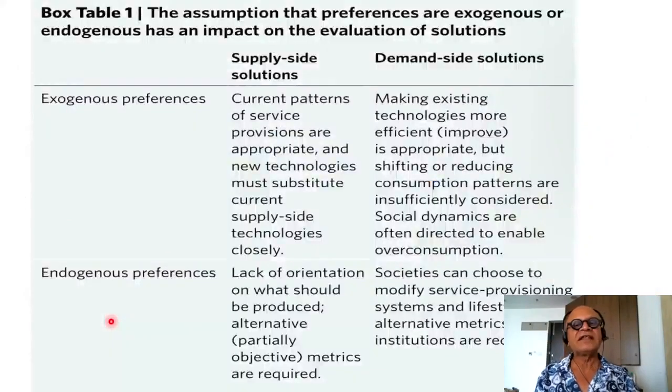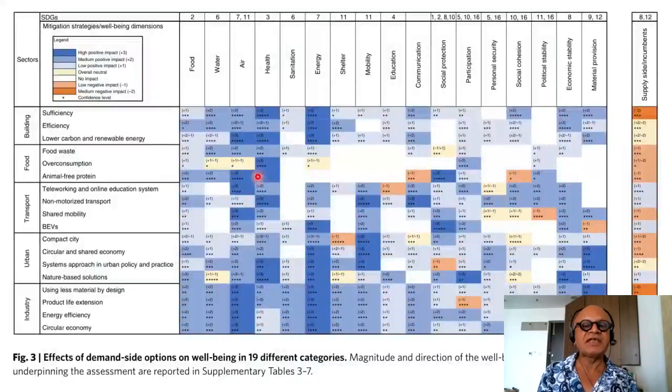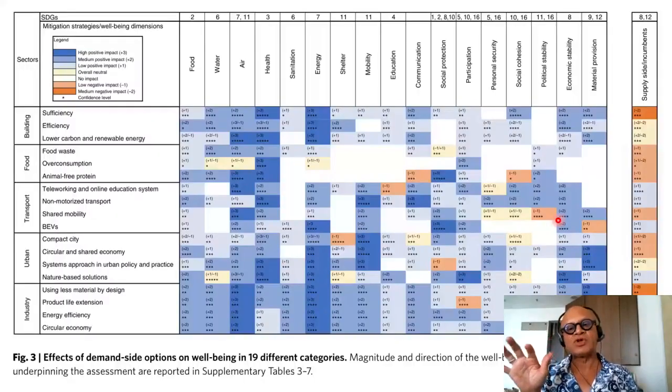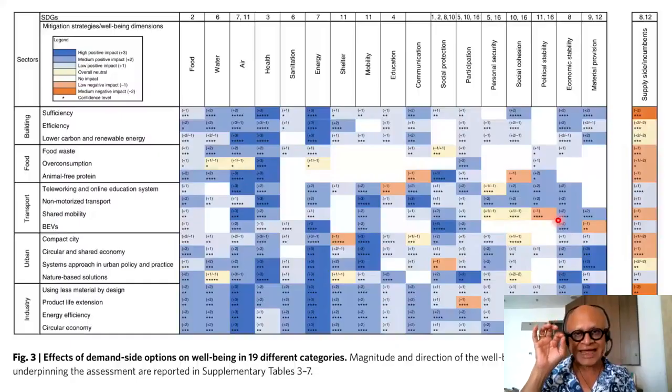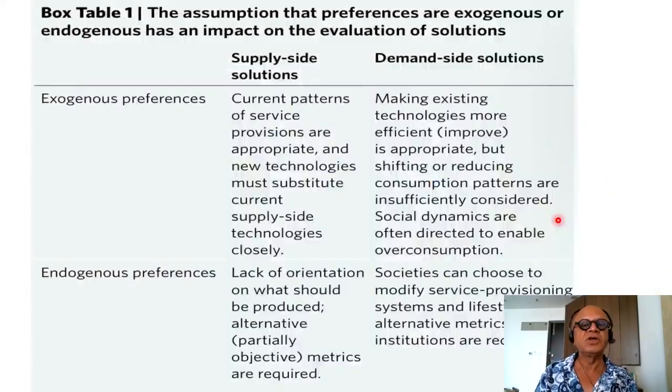Right? So finally, this gives you a sense that there is a very detailed mapping of demand-side solutions onto well-being to argue that there's plenty of room to have demand-side solutions accomplish their potential for mitigating climate change and reducing emissions and well-being, so they can be very synergistic. They don't have to be opposing each other, so that's a good thing.